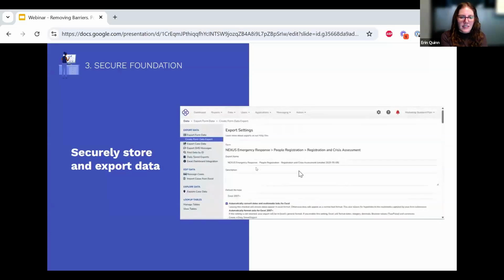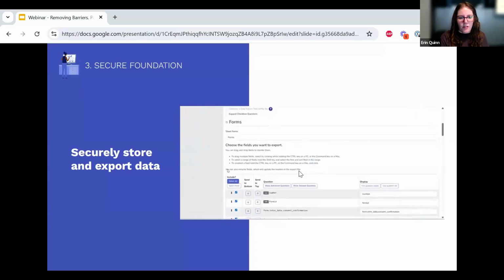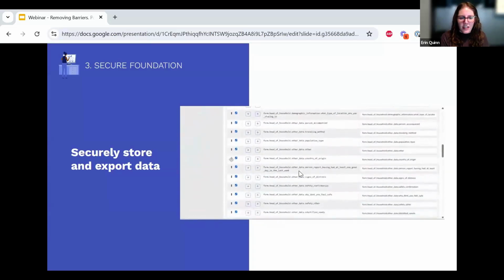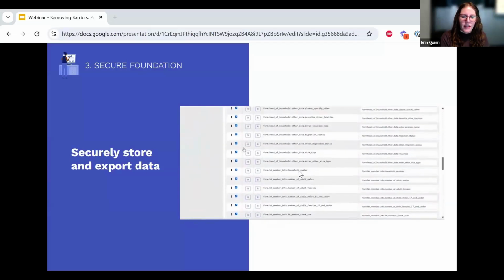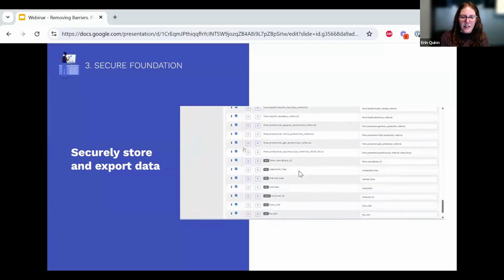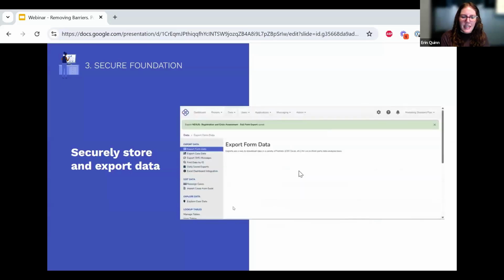Data exporting in CommCare is seamless, enabling you to extract form and case data in various formats like CSV and Excel on the standard plan. And you can easily take those exports into Excel or other BI tools like Power BI and Tableau for analysis. Whether you're tracking progress, analyzing trends, or sharing insights with stakeholders, CommCare ensures that your data is accessible, accurate, and secure, empowering your team to make data-driven decisions while maintaining the highest standards of compliance.